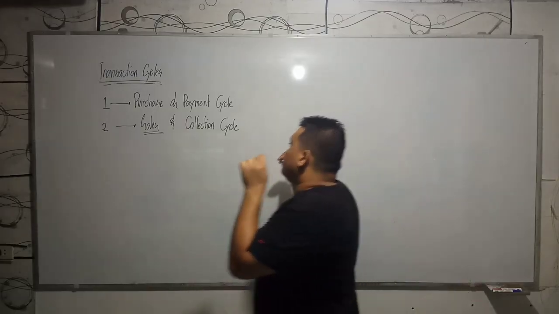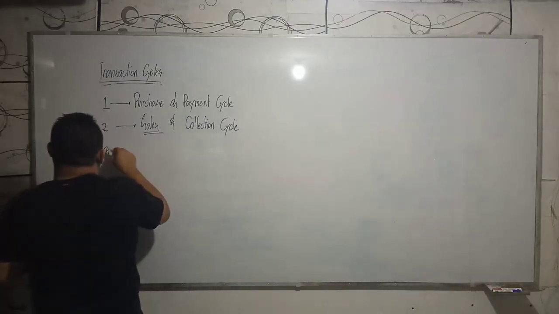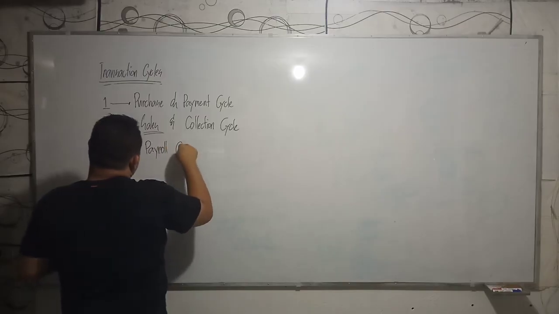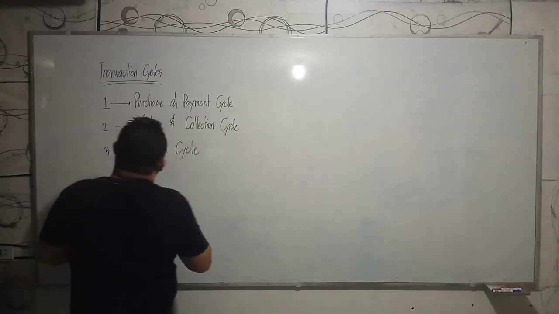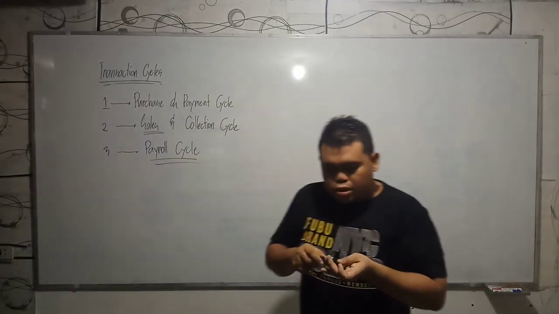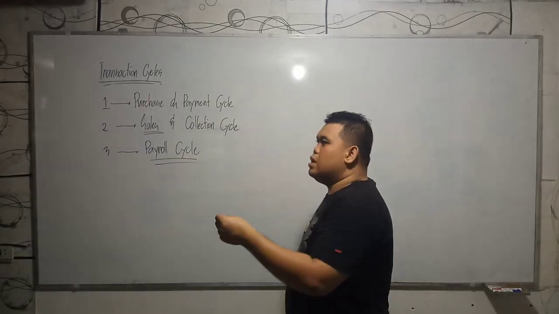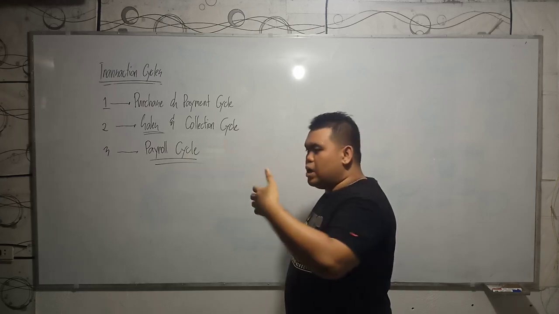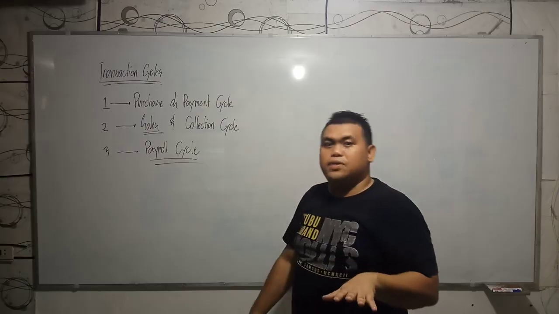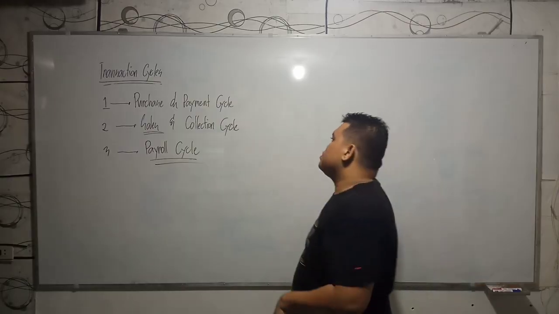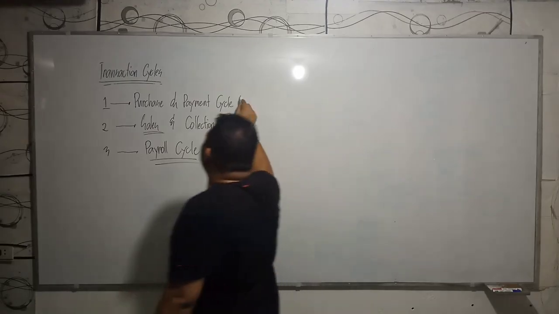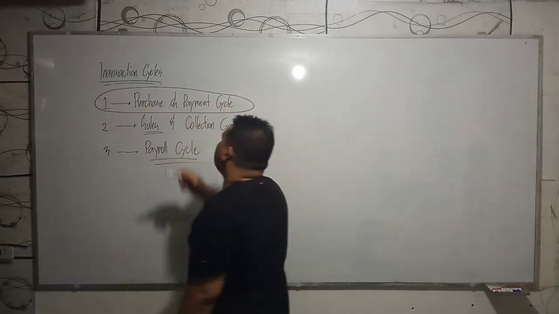Now, the third one maybe is this one, the payroll cycle. So those are the topics that we're gonna talk about here. And let me emphasize, they are cycles. It is because it starts from step 1 and of course step 2, step 3 until the end, and then it repeats again because these transactions are repetitive. Okay? Now, in these three, we have to start with the purchase and payment cycle.